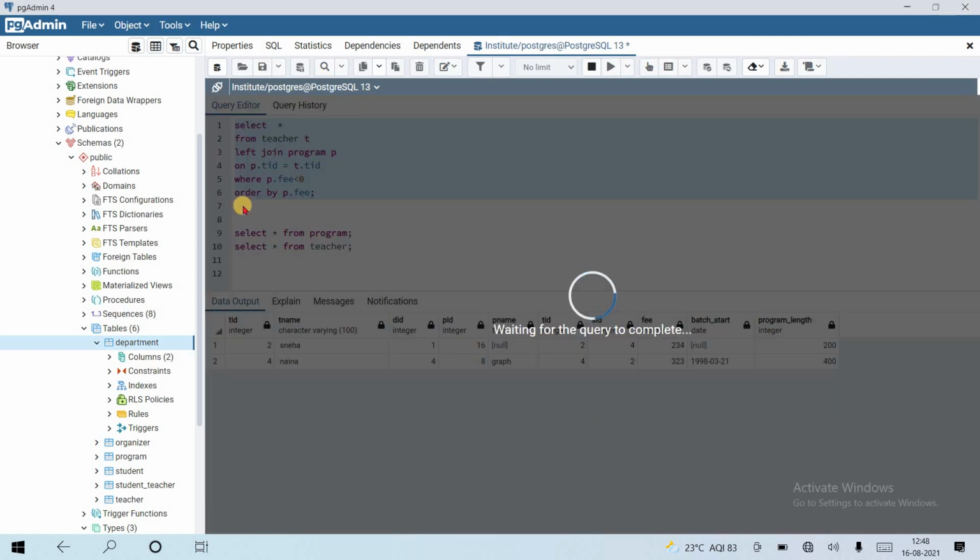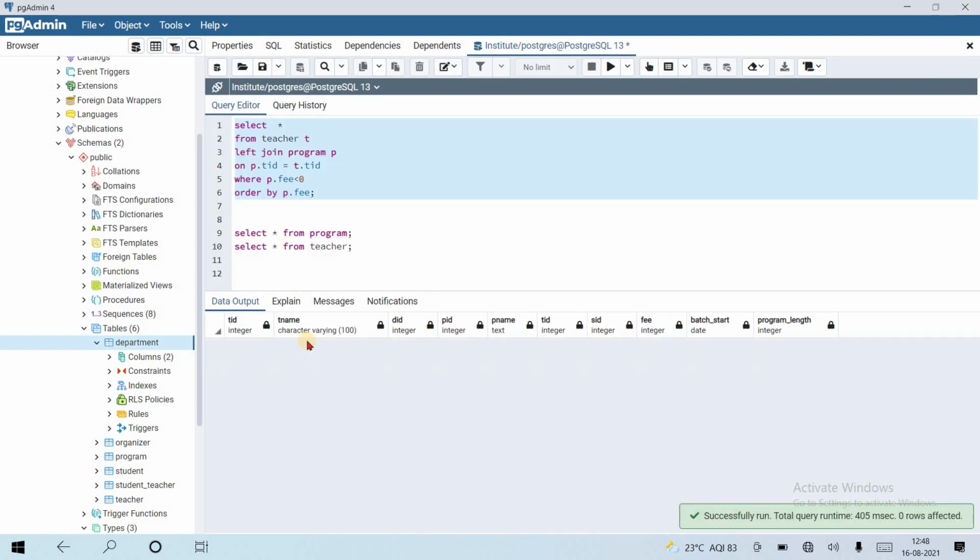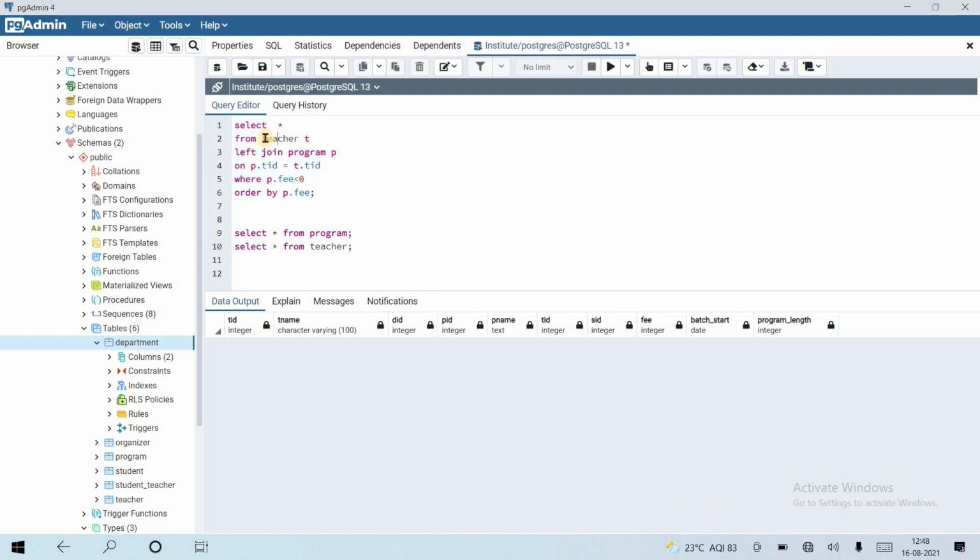Let's see. Yes, same. It is still a left join, and it still does not show all the records of the feature, because if the match and the where condition filter out the result, then the teacher table also does not display any value. That's it.